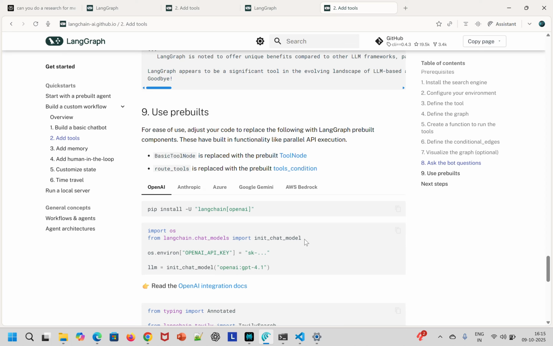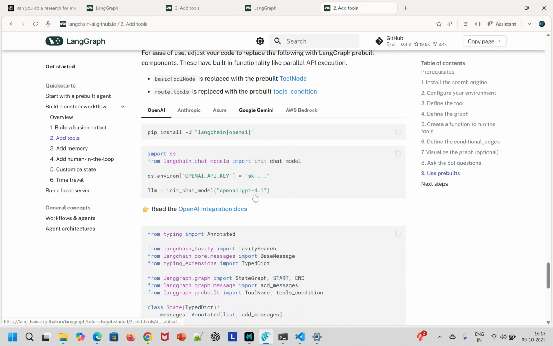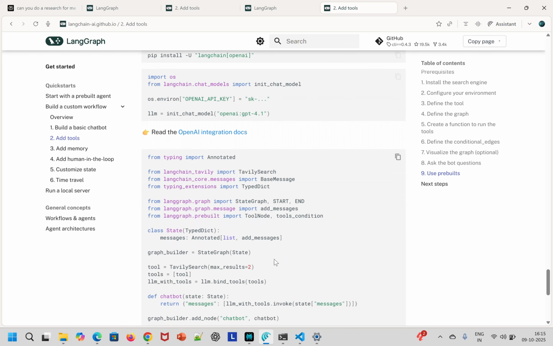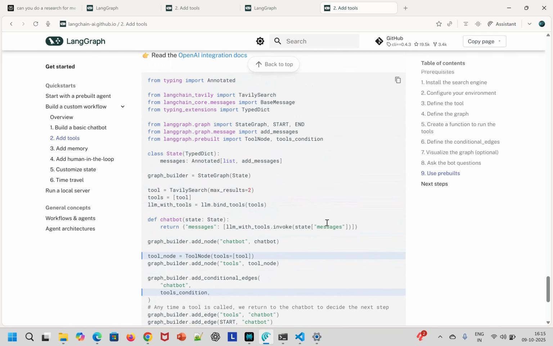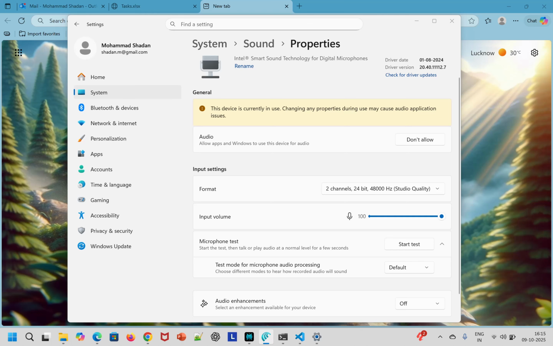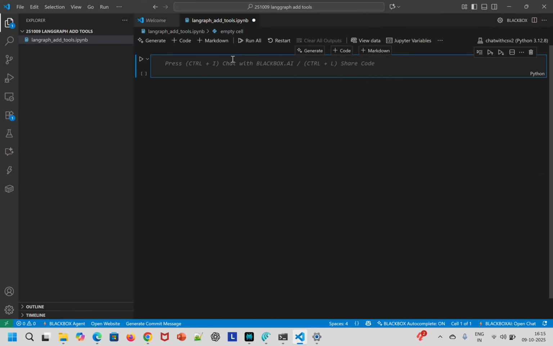So I'll be referring to this particular code, the prebuilt one, and I'll walk you through the code one line at a time. It's not a very big code, so let's go through it. Fine. So first thing is that we will be needing, I'll be typing the things so that nothing gets missed,